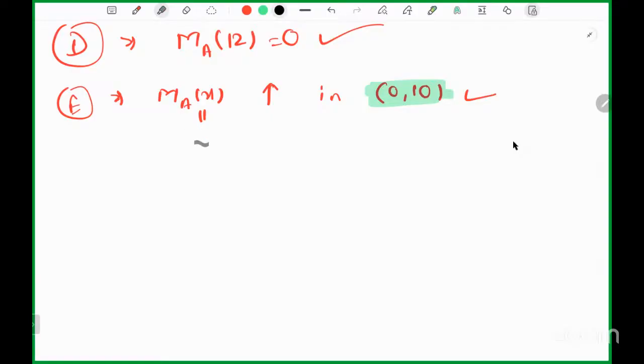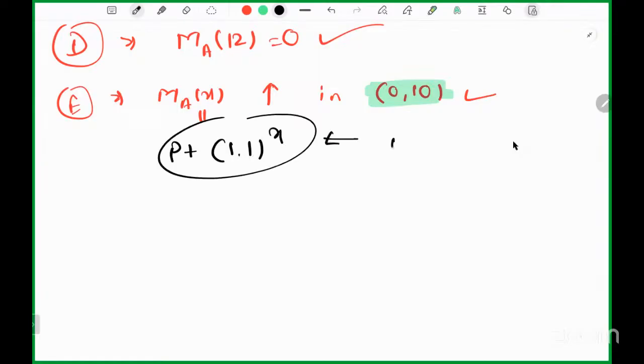So MA of x is what? It is P into 1.1 to the power x, right? And it's an increasing function in the interval 0 to 10. So that means this option is correct actually. Okay. Now the next option says